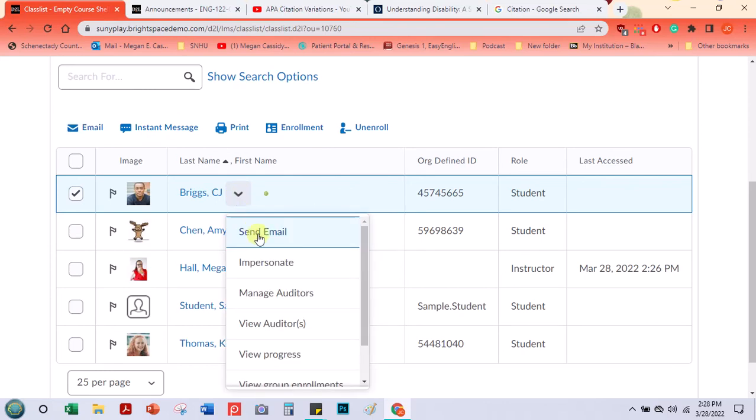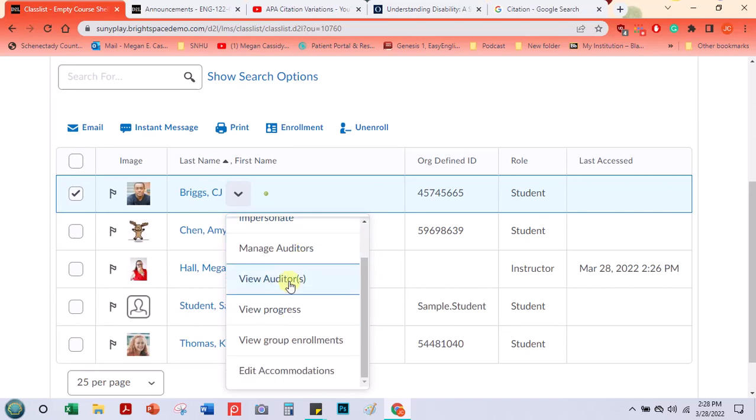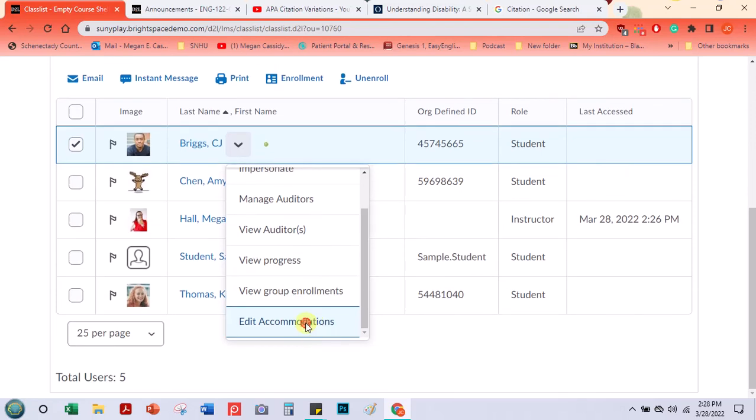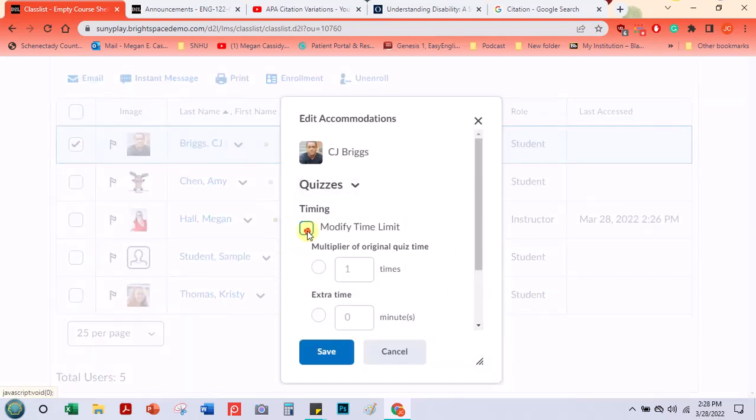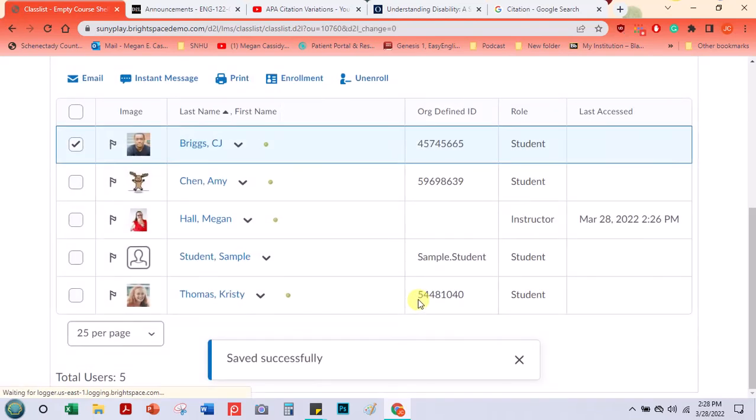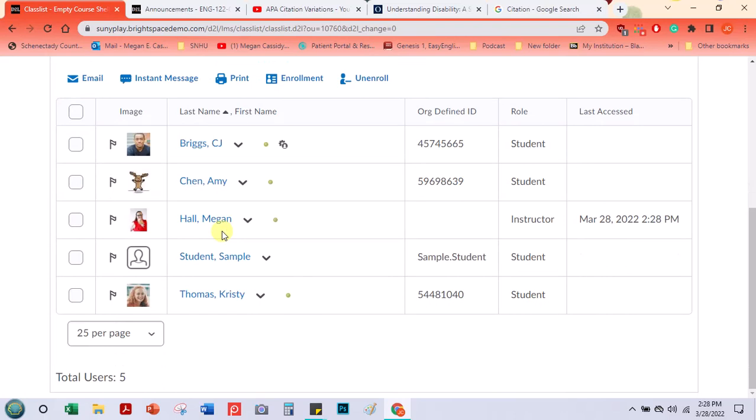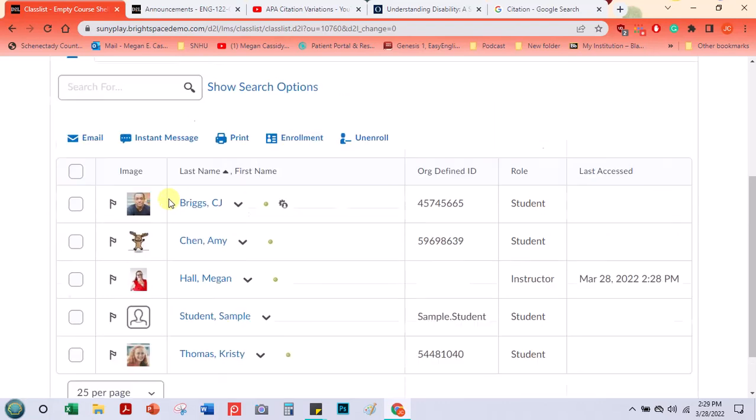You can also send an email here. Now, impersonate is only because this is a sandbox. Just be aware of that. And there's some other things here like editing accommodations, which let's say that CJ needs double test time. There we go. Now he's set up for that, and you don't have to do it on every single assignment. So that's another really nice use of